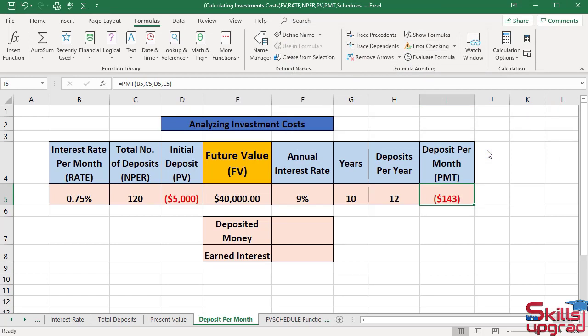The function returns $143. So I will have $40,000 in my savings account at a 9% annual interest rate in 10 years if I initially invest $5,000 and I deposit $143 each month. To verify that the calculated value of deposit per month is correct, I